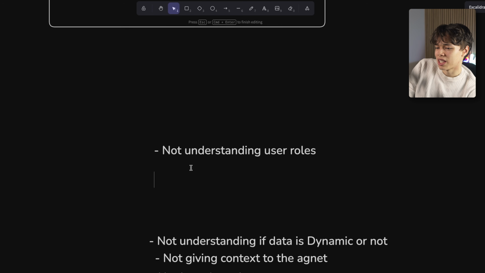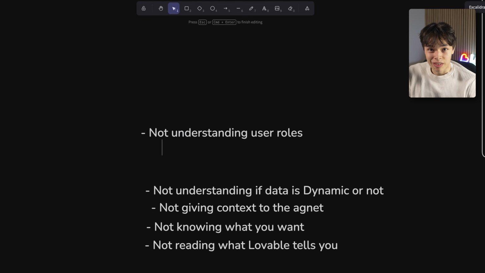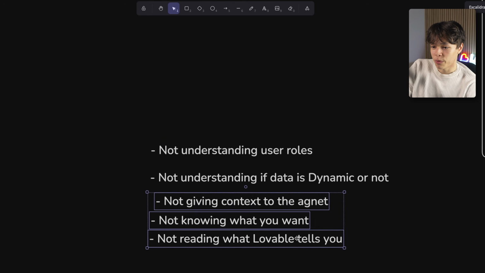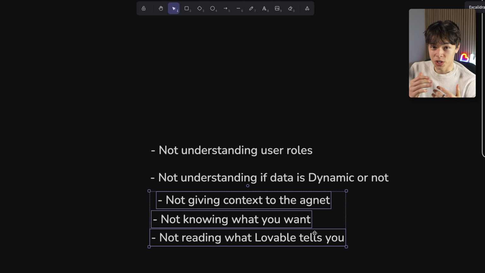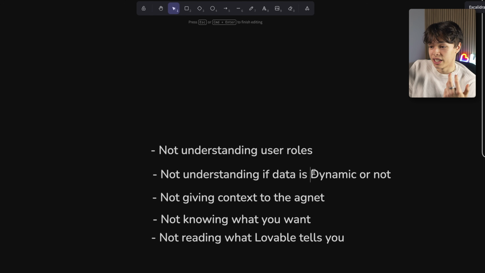And then also not understanding if data is dynamic or not. Sometimes when you're building your app in Lovable, Lovable will create some mock data just to display how the interface could look if there were real data. But we of course should be careful about that, because we always want to make sure that the structure is in place before we start building a bunch of stuff on top of each other. So I would always make sure that you're aware if the data you're seeing on display is actually dynamic data